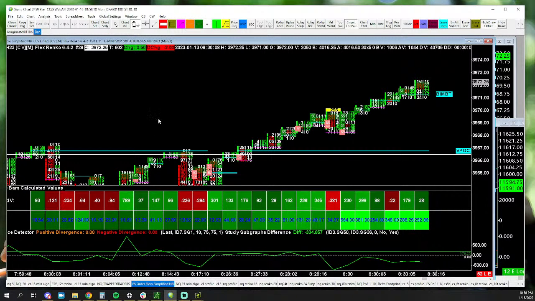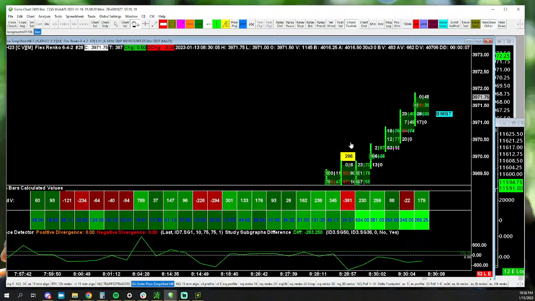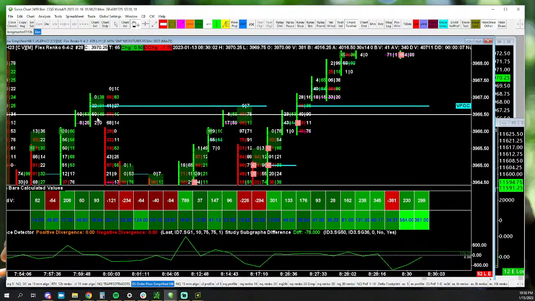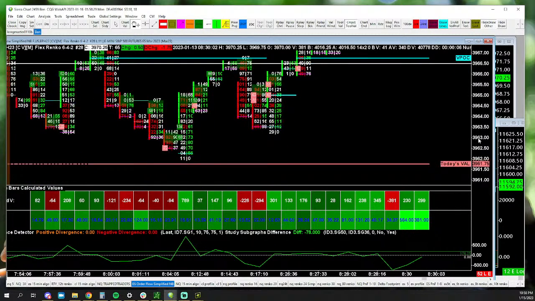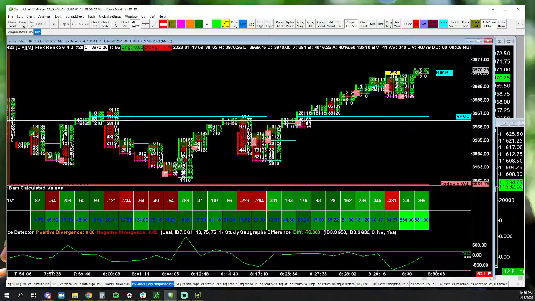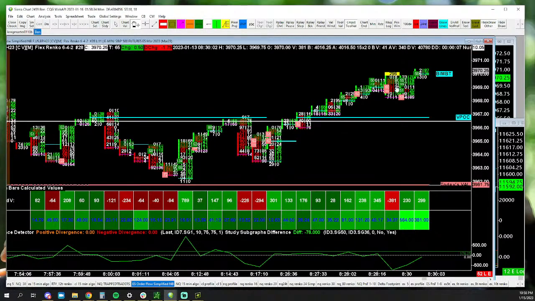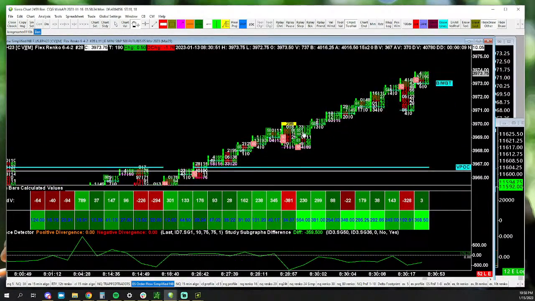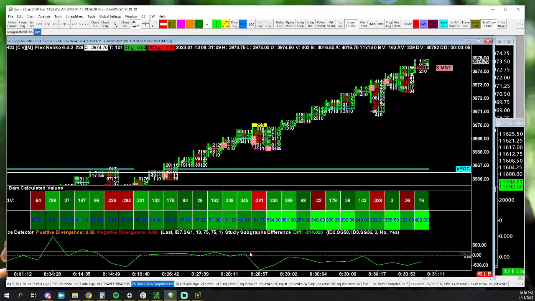And actually, now they've done what I asked them to do. They got over that line in the sand. A couple times they got over it, and now they're holding it as support. See that? There's no more selling under the line. So technically I'd like to see a red candle. If they can give me a red bar, that would be helpful. But notice we're going higher, and we don't even have to put in a lot of aggression, right? All of the indicators staying under the zero line.